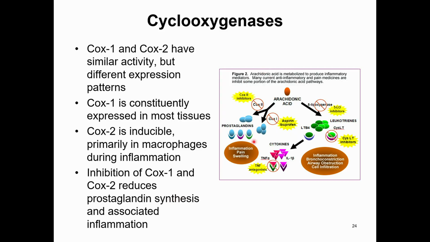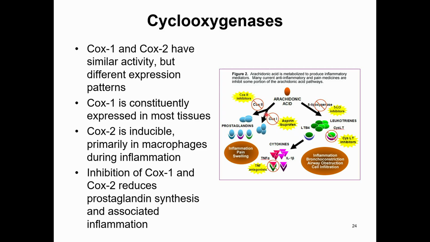So here is a diagram showing you a little bit of how this works and how it ties in with inflammation. It turns out that a compound called arachidonic acid is metabolized and produces compounds called prostaglandins. And that changing of arachidonic acid into prostaglandins, one of the steps involves either COX-1 or COX-2, okay?